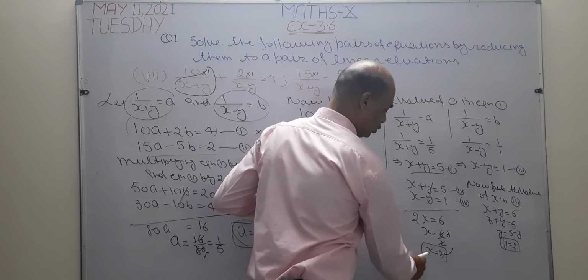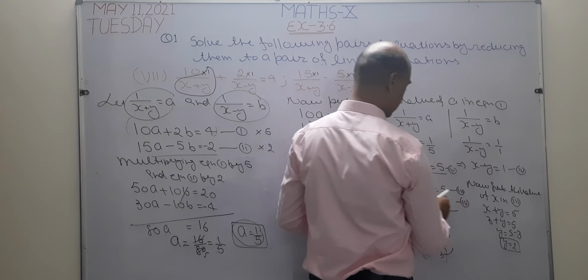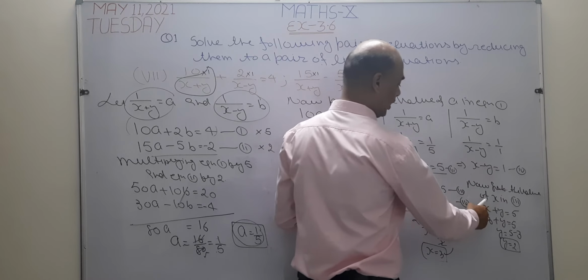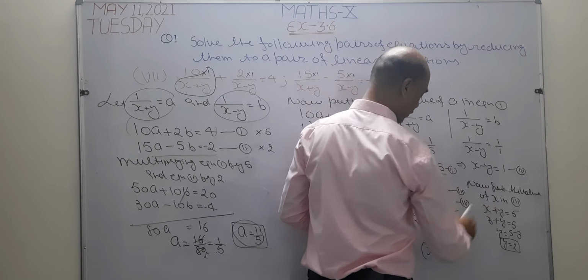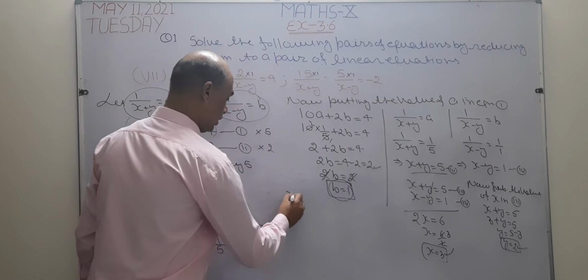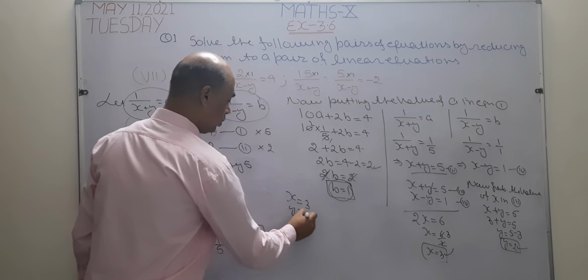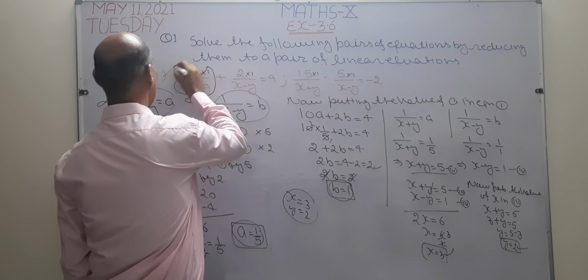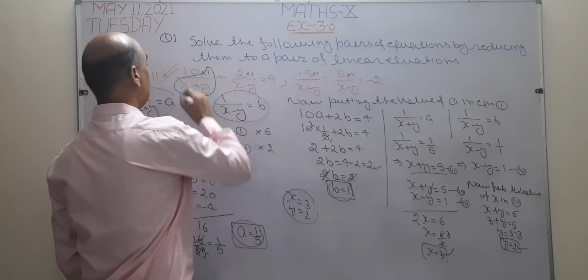Now we have to substitute this value of 3 in equation number 3. Now I write here, now substitute the value of x in equation number 3. What is equation number 3? x plus y equal to 5. I write x plus y equal to 5. Value of x is 3. So I write 3. 3 goes left to right, becomes positive to negative. 5 minus 3 is 2. The value of y becomes 2. So x equal to 3 and y equal to 2 are the solution of this given pair of equations. I hope it is clear now.